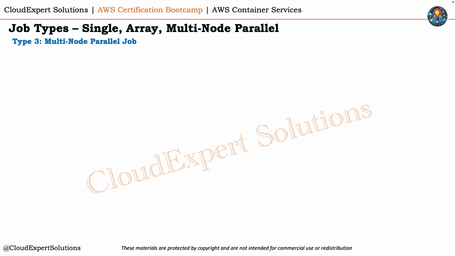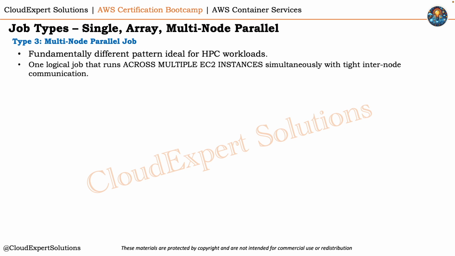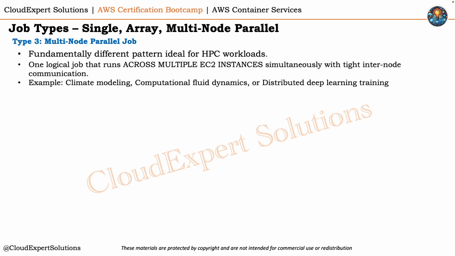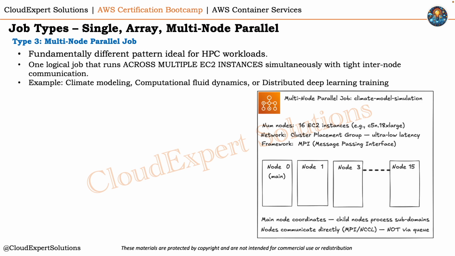Next is multi-node parallel jobs. These are for a fundamentally different pattern, ideal for HPC workloads, where one job needs to run across multiple EC2 instances simultaneously with direct inter-node communication. Examples are climate modeling, computational fluid dynamics or distributed deep learning training. Here is a diagrammatic representation of